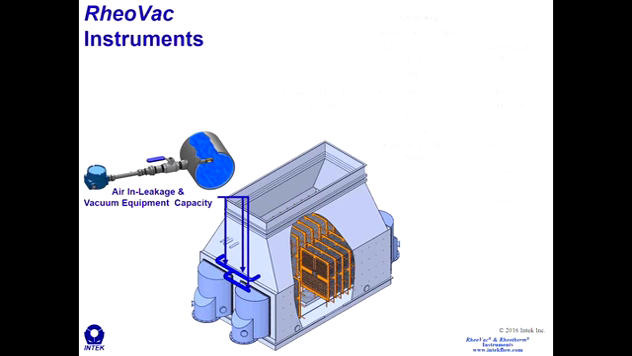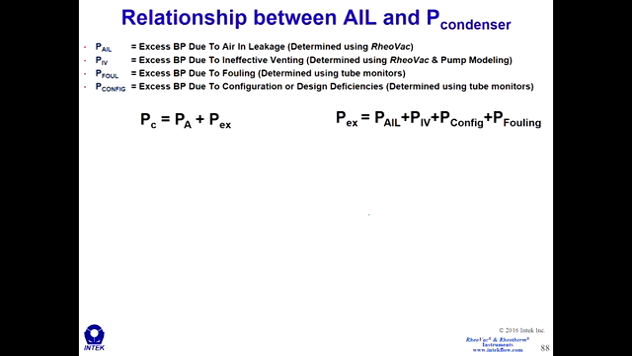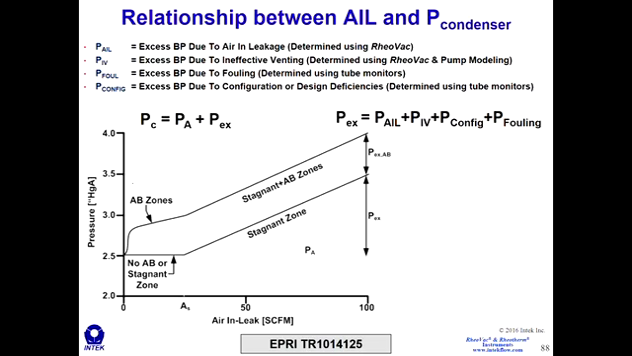And so that is a single parameter. This parameter right here is a single parameter that can tell you if air is affecting the performance of the condenser. And we'll see why that is in the next couple of slides. So first I want to talk about the overall effect of air on condenser pressure. And to do that, I'm going to use this relationship,